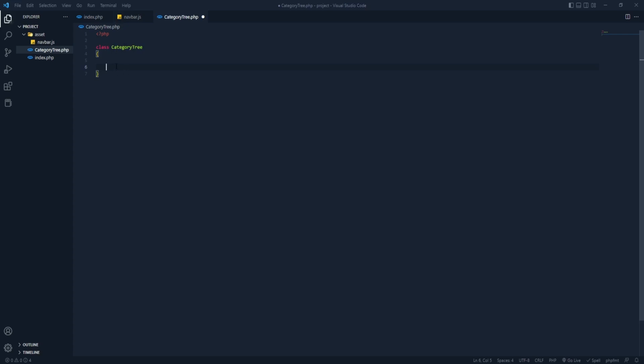So the first thing, we have to connect our class to our database, and for that we have to create a private variable, and that will be connection. After that let's create a constructor function, construct, and let's this